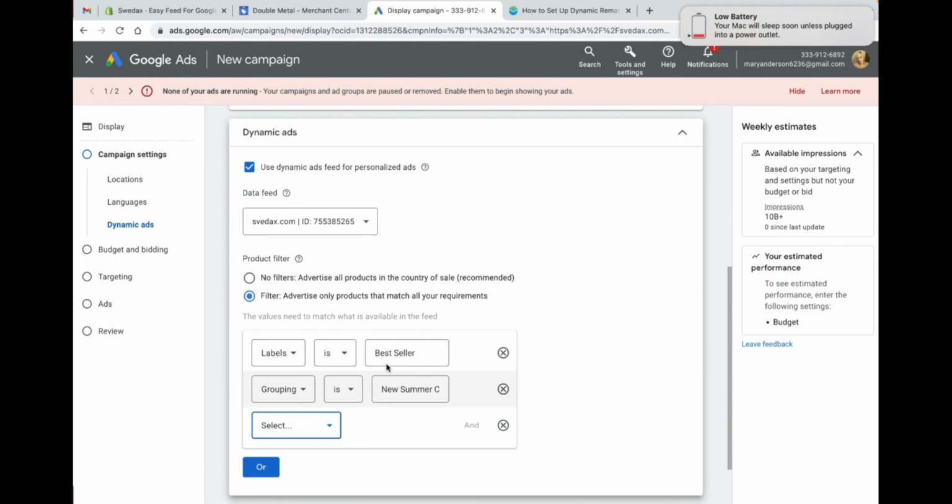So till now I hope you have got the idea how you can use retargeting or dynamic remarketing to display the bestseller or new collections. Every individual has their own approach, but I use it for bestseller. And let me add something, that by using ad labels and ads grouping based on Google Merchant Center data, you can create a more organized and efficient dynamic advertising strategy. This approach ensures that your ads are highly relevant to your target audience, leading to improved click-through rates, conversions, and overall campaign performance.